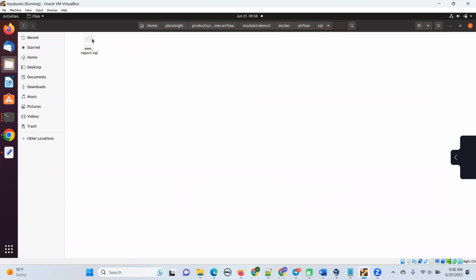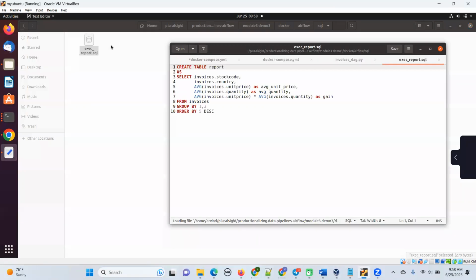Yes. Can you see this SQL here? So all files should be present in your, yeah. So this is